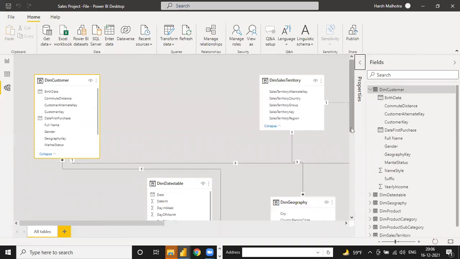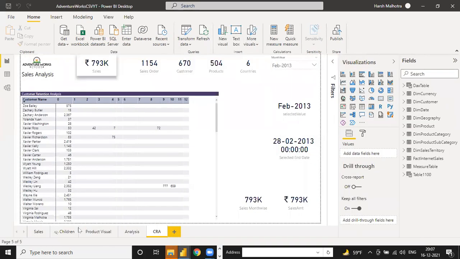And guys, relationship we will cover in the next class. And then we have to cover some part of DAX function. And DAX, guys, we are covering in 2 parts: first is basic and second is the analyzing part, like sales analysis. Like this report I am going to show you.